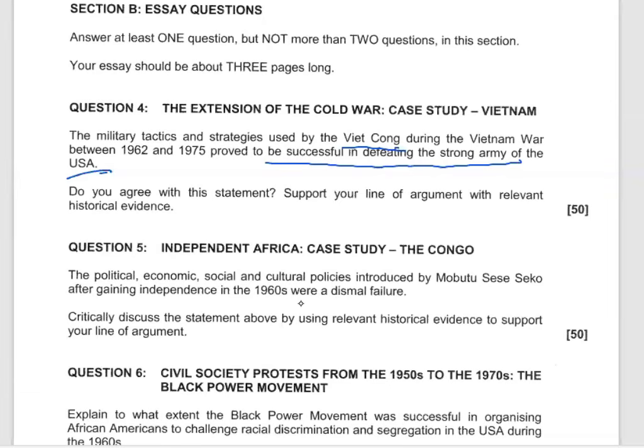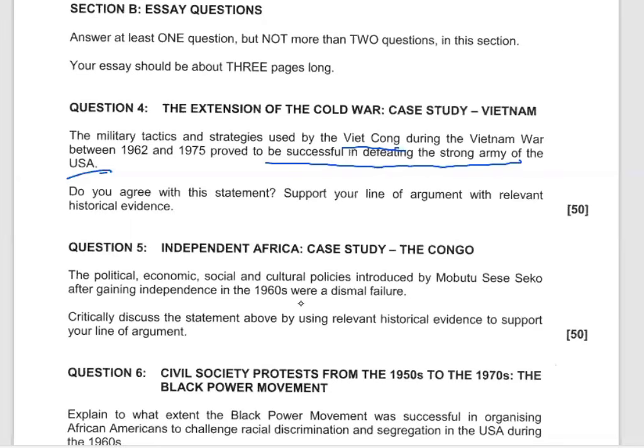Then on the other side, when you're highlighting the American strategies, you are well versed with them. Talk of Operation Rolling Thunder, talk of search and destroy, talk of aspects like villagization, talk of strategies like deployment of young and inexperienced soldiers, talk of the deployment of 500,000 troop members, talk of the My Lai massacre, all those points. Talk of the chemical warfare, the usage of napalm, talk of Operation Ranch Hand, where you look at Agent Orange, you look at Agent Blue. All those tactics by the Americans, you link them in the sense that they were ineffective to defeat the Viet Cong strategies, because we know the results of the war were in favor of the Viet Cong.